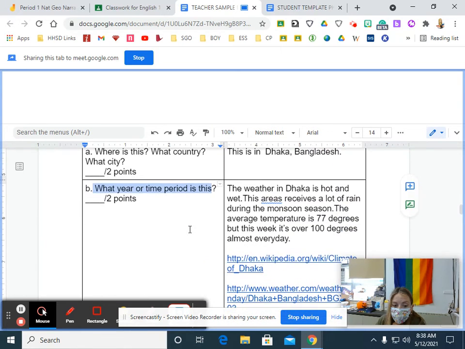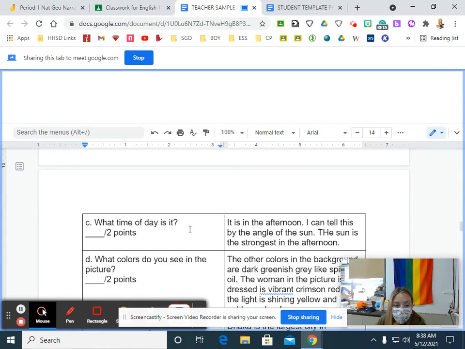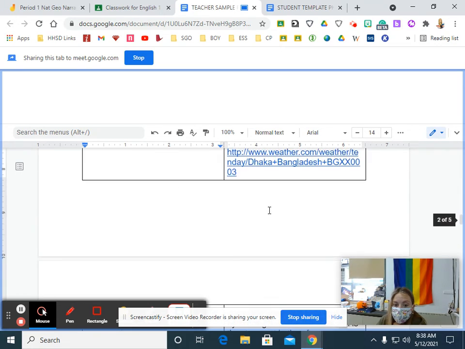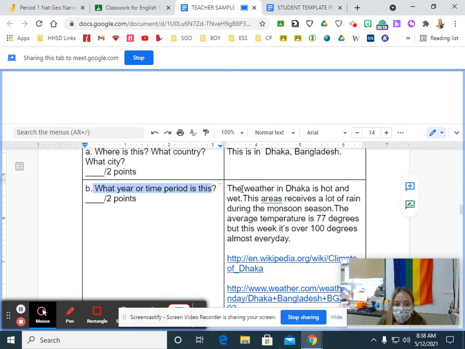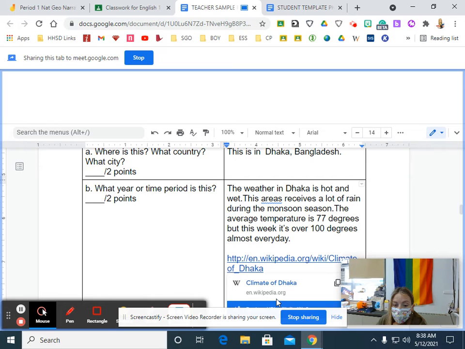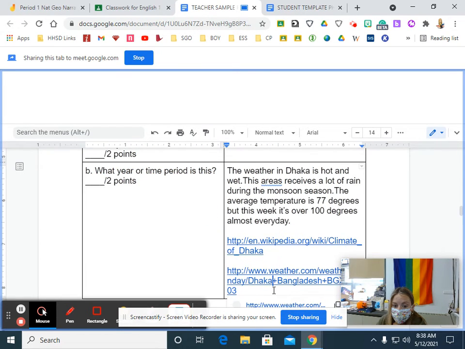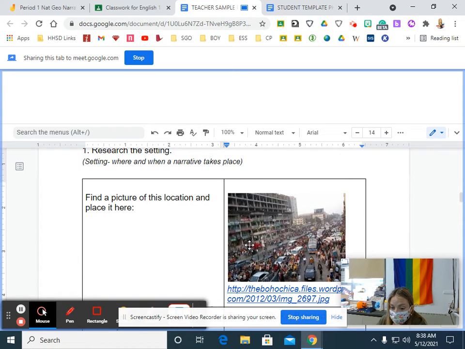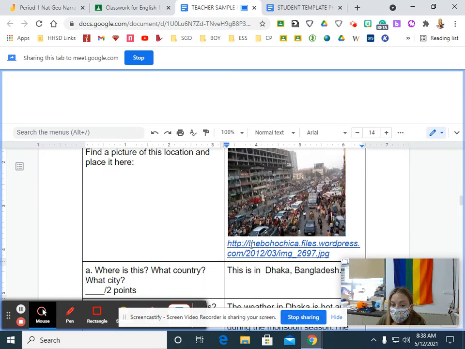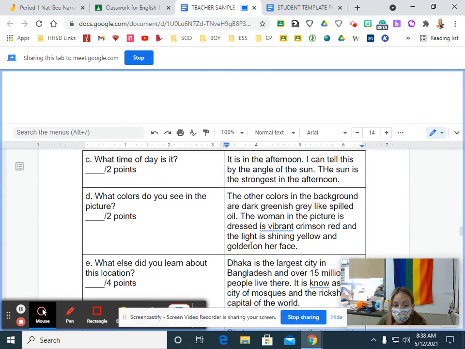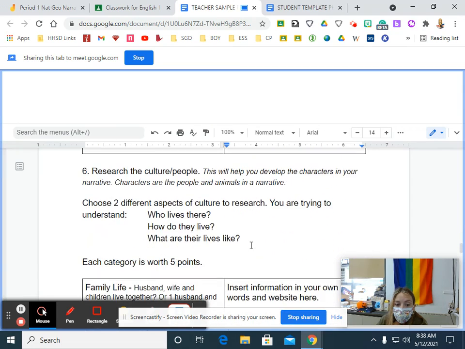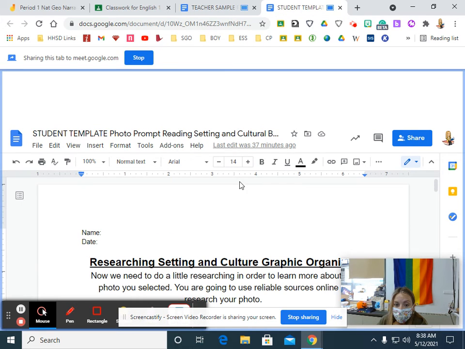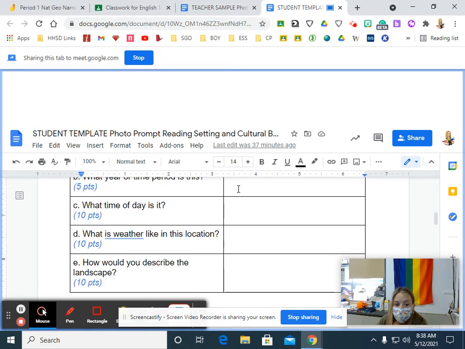As I go through the graphic organizer, I'm going to continue to find the answers to the questions. And when I do, I'm putting the answers and I'm putting the sources where I got my answers. If you can't find one, you can skip it for today because we'll go back on Monday and fill in the pieces of information we're missing. When you get to the bottom, it asks you to fill out a couple more questions. Let's look at your copy. So it's going to ask you,